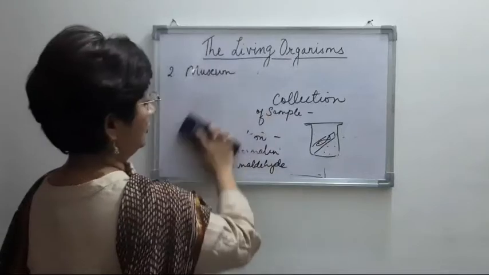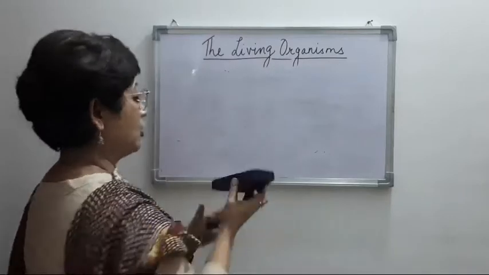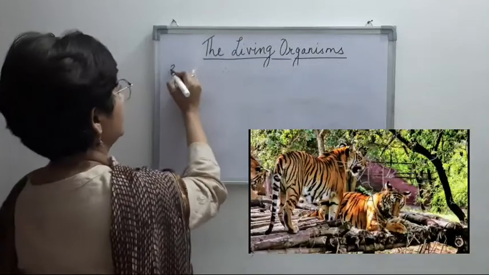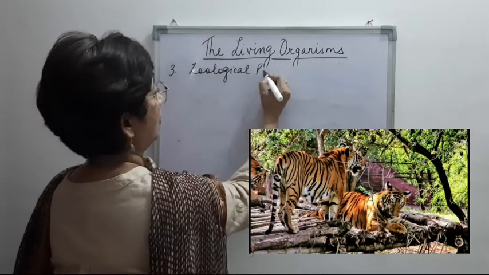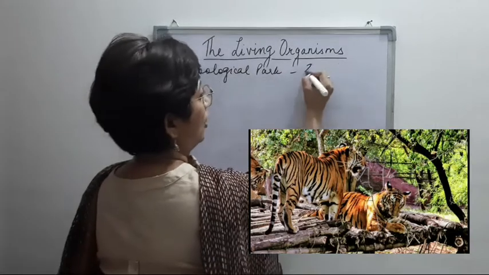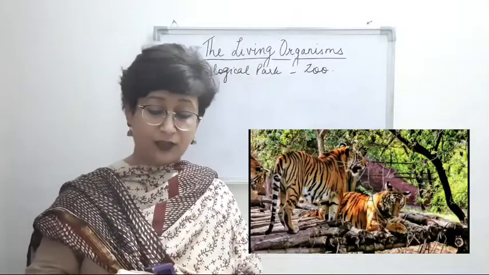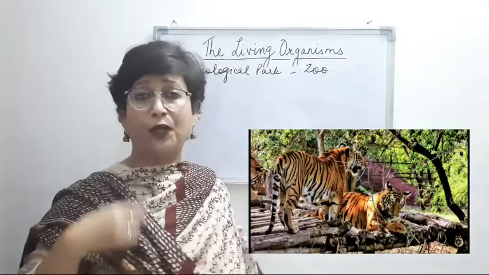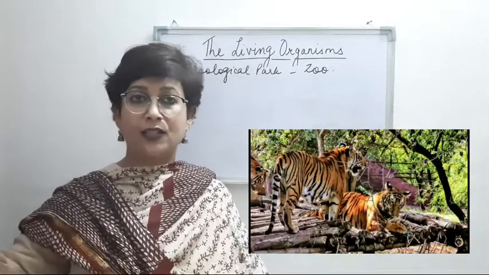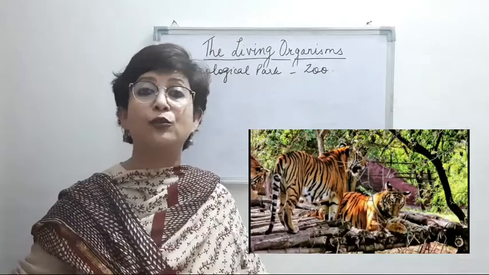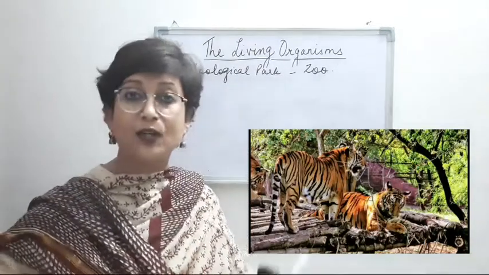So the third taxonomical aid we will discuss is the zoological park. Zoological park, right? Or zoo, right? Everybody has been to the zoo, and I'm sure you must have visited the Lucknow Zoo, right? And what do you find in the zoo? Again, here when we are using this word zoological, it simply means a term that is related to animals, right? So animals are kept over here. What kind of animals? They are all living animals, right?